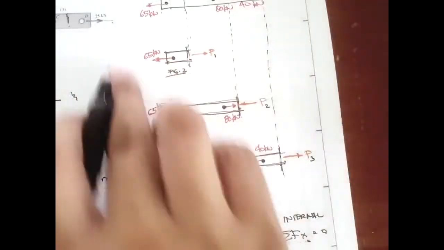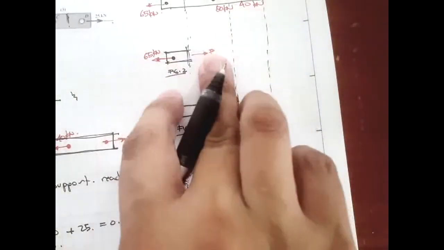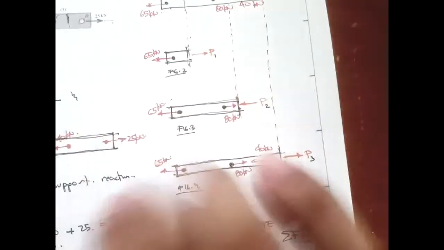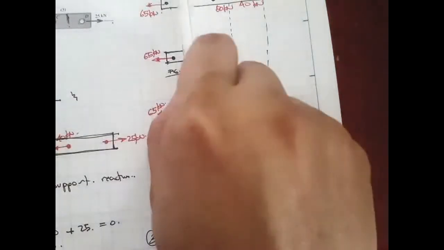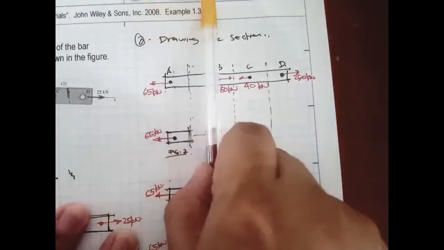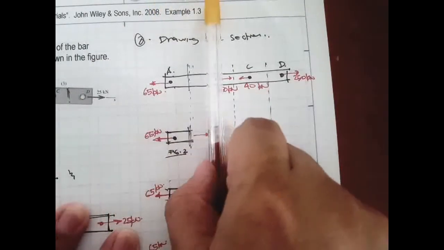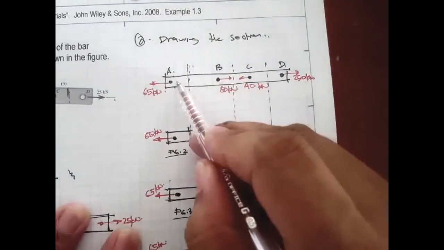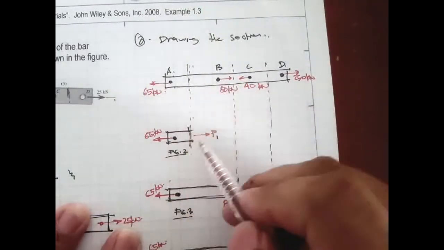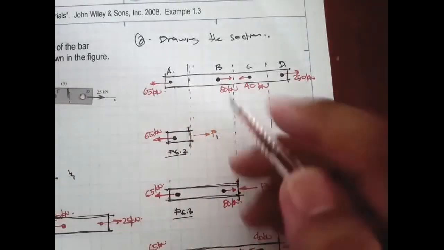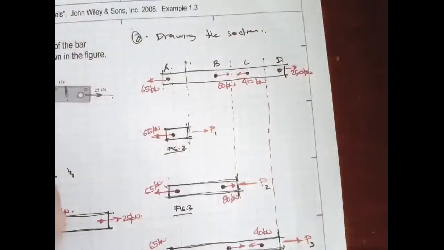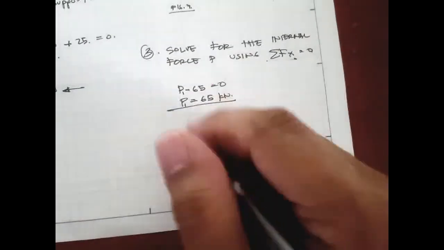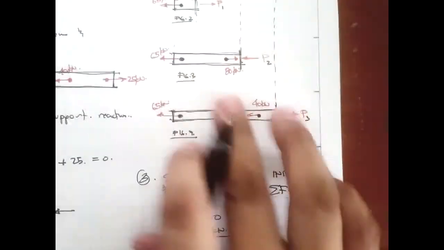Just simply applying the equilibrium equations, you can obtain the internal force. And this arbitrary cut will produce the same value of P anywhere from point A to point B, because there are no loadings in between A and B, so the internal force will just be constant. Okay, then if we apply the equilibrium equation in this figure 2,